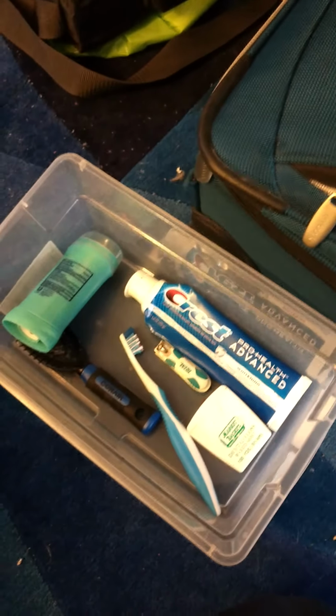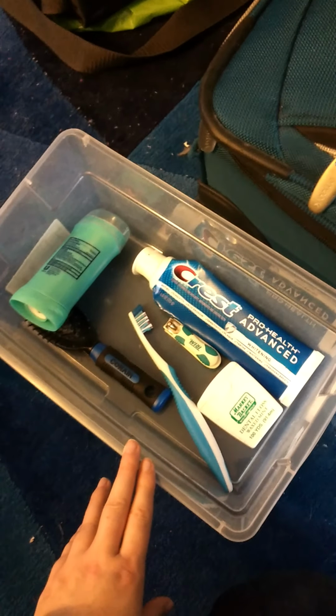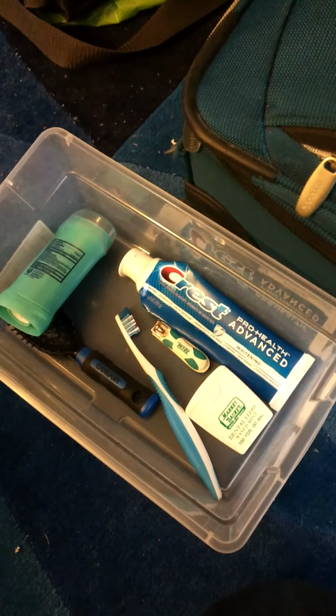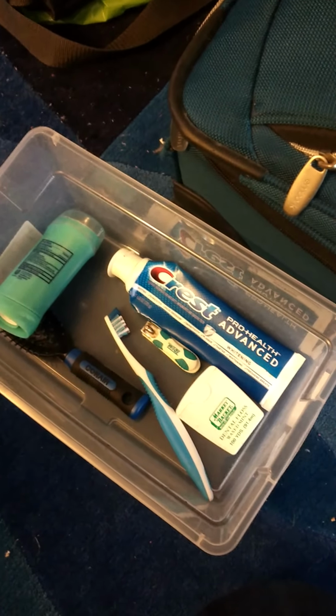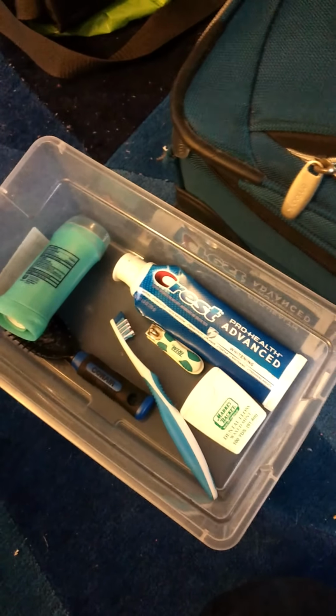I'm going to show you how to pack for an inpatient stay for depression. That means you will be staying in a psych ward for 1 to 2 weeks usually, if you're going to get some real work done. These places have a minimum hold of 72 hours if you are